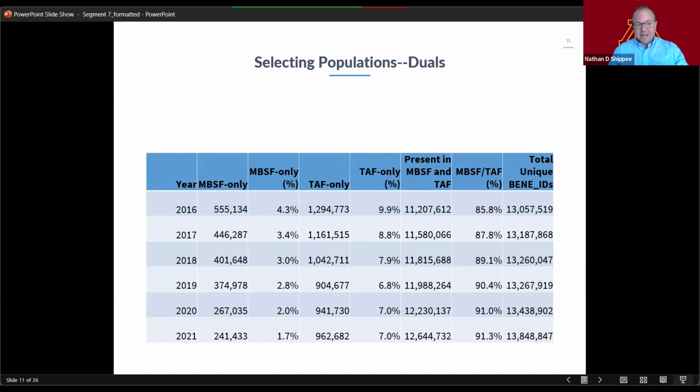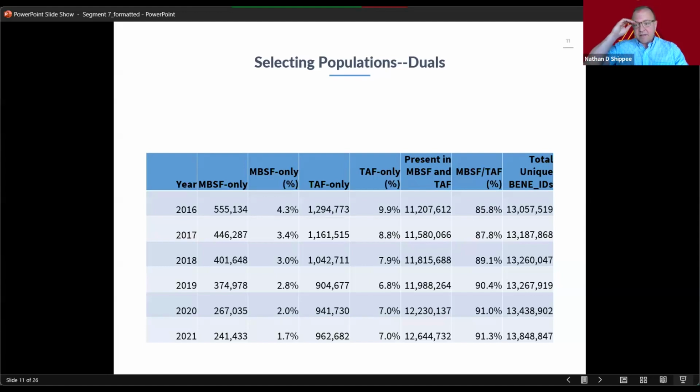So teasing out exactly what's going on in these first columns before you get over to the right where you've got both, where these first columns of MBSF only or TAF only, exactly what you want to do with those, and whether you count them, whether you can use them, because, whether you need just the information from TAF and so you're okay with saying TAF only, whether you trust the data systems that feed into those, so that TAF,